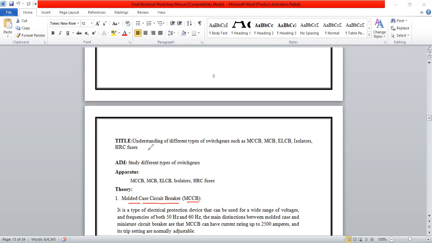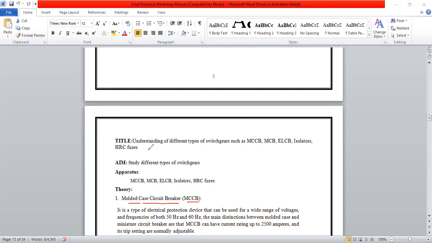See, in our home appliances we are using an MCB. The function of the MCB is not only to switch on the supply; it may be automatic or man operated. This miniature circuit breaker will trip automatically when any fault occurs in that line. If a fault occurs in that line, the MCB automatically trips the circuit. So this is a circuit breaker, a miniature circuit breaker.